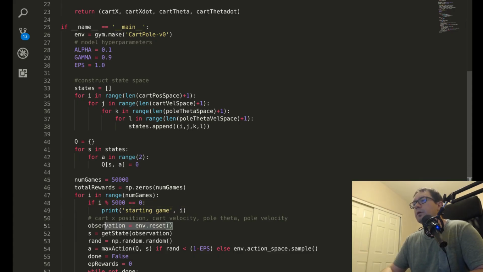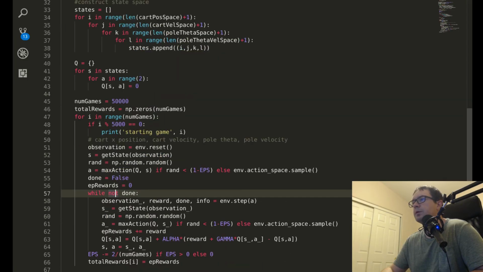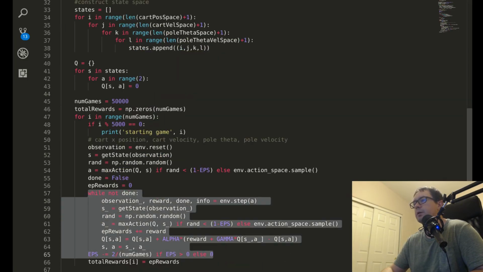So you get your initial observation by resetting the environment, get your state, and calculate a random number. And so you take a maximal action if the random number is less than 1 minus epsilon. Epsilon is starting out at 1, so if random is less than 0, otherwise randomly sample your action space. Done flag to false, and your rewards for the episode is 0. Then you loop over the episode until you're done, and you go ahead and take the action A, getting your reward and the new